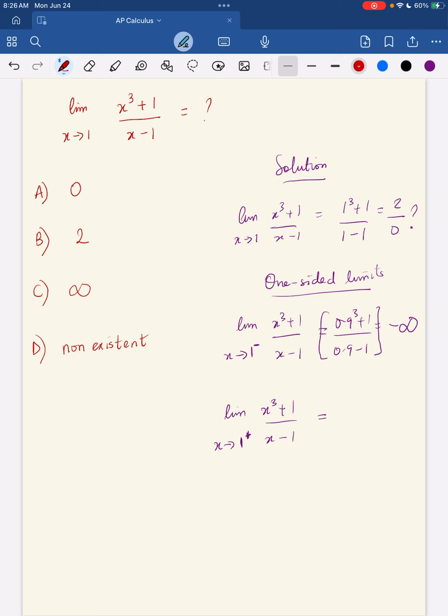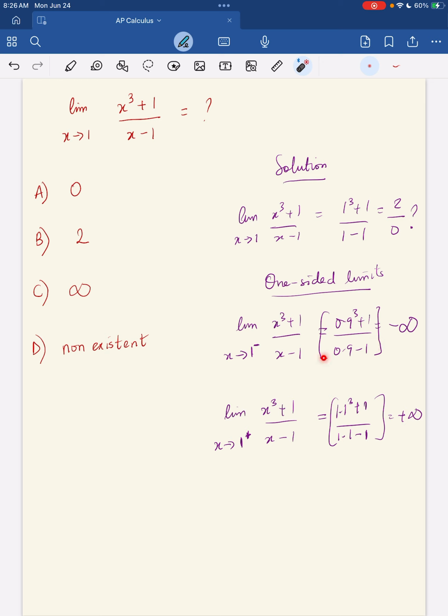If you put a value of 1.1 here, 1.1 cubed plus 1 divided by 1.1 minus 1, you're also going to get a valid value, because 1.1 minus 1 is 0.1. When you divide, it's going to be positive. So you're going to have positive values here up onto positive infinity. So positive values for this one,